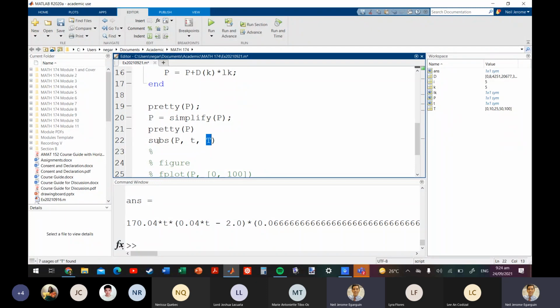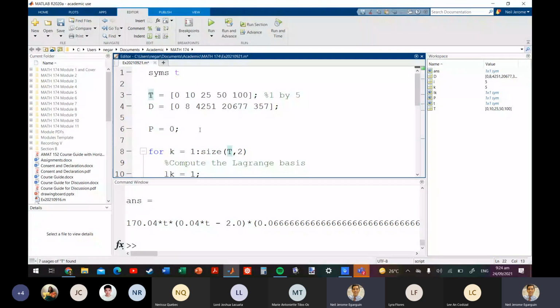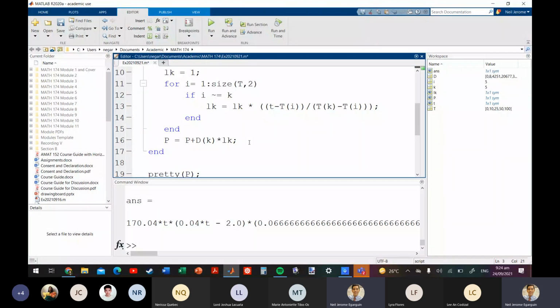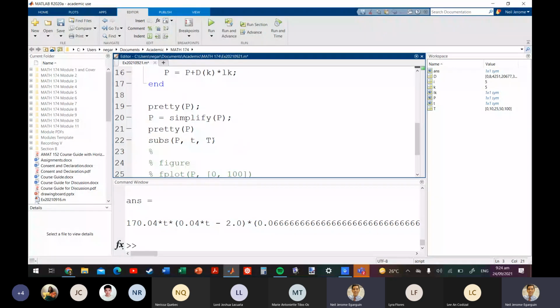And here, I want to plug in the values inside the vector t. So hindi ko na siya kailangang ilagay sa for loop para gawin niya sa bawat element ni t. Pwede ko siyang ibigay na lang si vector t because again, Matlab by default works with matrices and arrays. So ibig sabihin, okay lang na array yan. I-evaluate niya si P sa bawat entry ni t. Okay? So if I again hit F5,